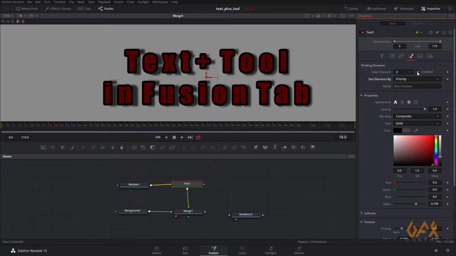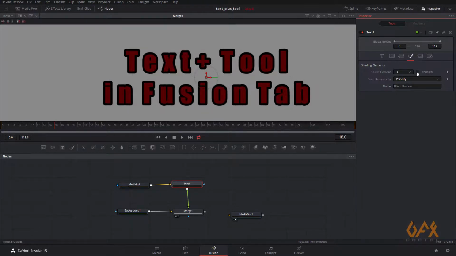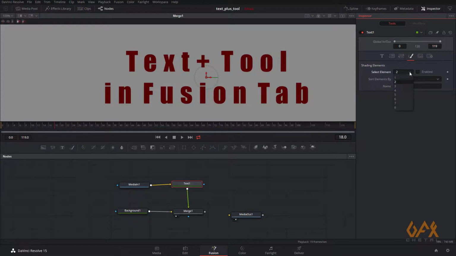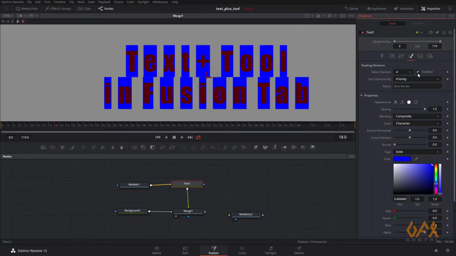Now I deactivate this thing, shadow, even I deactivate outline, and now I move on to number 4, blue border, and I activate this thing. So now you see this appearance, that border fill appears. Right now it is based on your character.